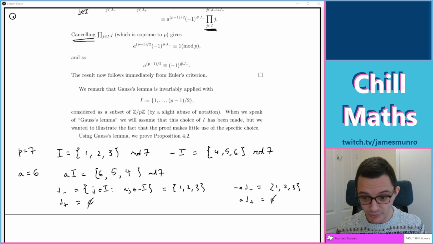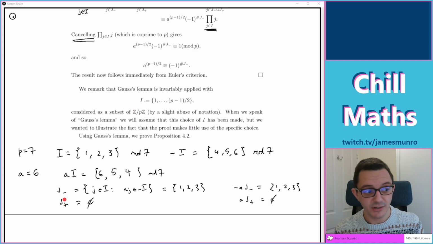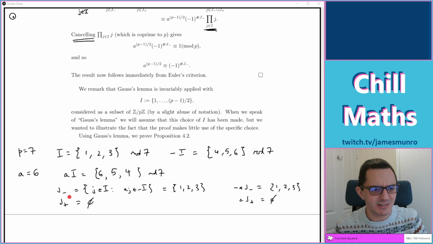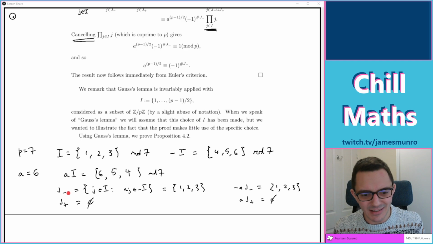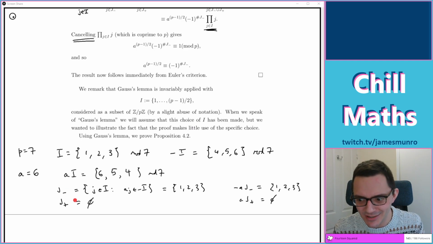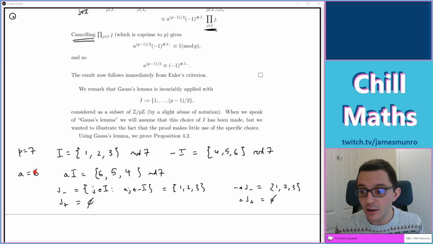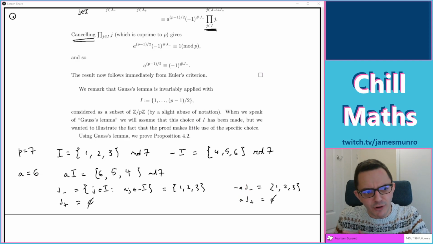Okay, so I've learned something important. J minus and J plus don't have to be the same size as each other. And in fact, if between them they've got an odd number of elements, then that was never really on the cards. I'm going to try a different number for A. Herb suggested 6, nothing wrong with 6. I think this is as far as 6 is going to get us in terms of understanding. If we follow through, these things are going to work out.